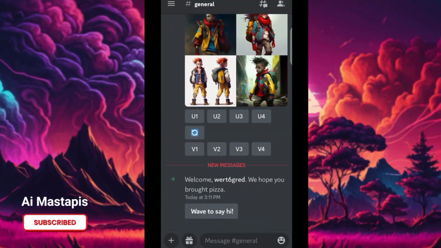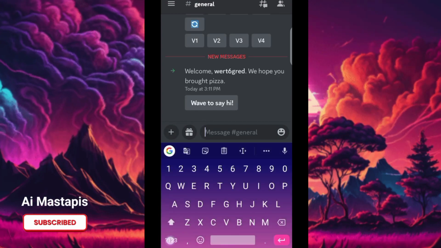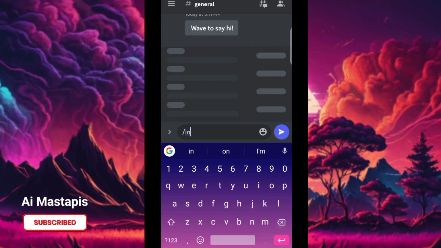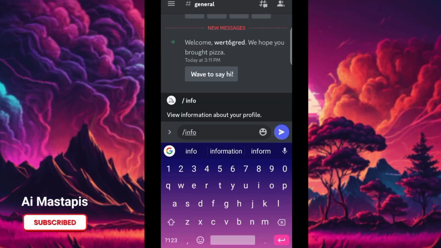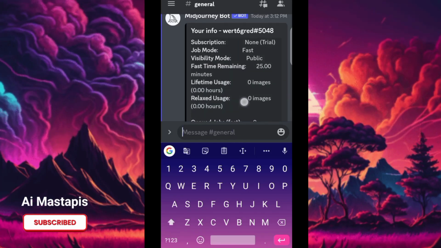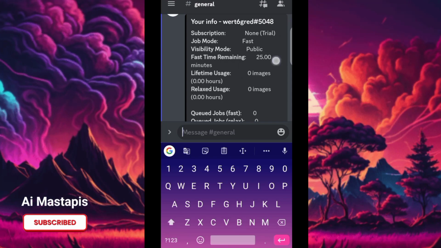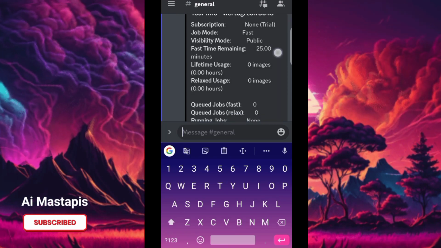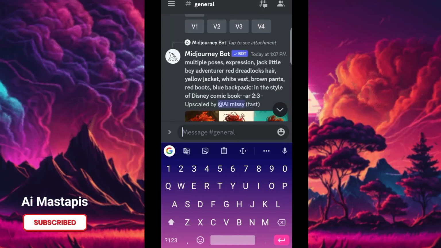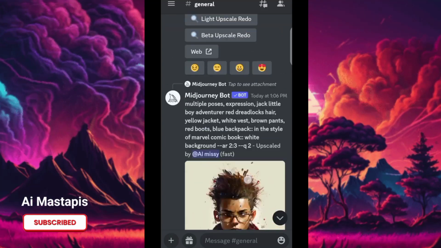And now let's check the amount of credits I have now. So to check that, click on /info, enter. Okay, now you can see it says I have a fast time of 25 minutes left, and I have created 0 images. And you can see I have created a lot of images. You can see these are all the images I've created in my previous account,